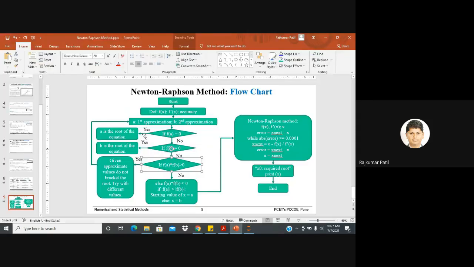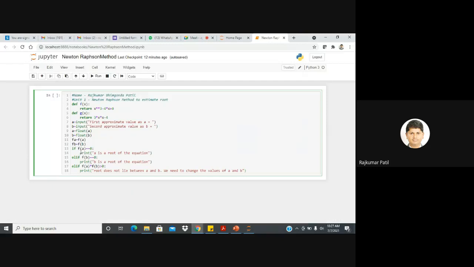That means we completed up to this part. Now the last condition: if f of a is not equal to 0, f of b is not equal to 0, and the product of f of a and f of b is not greater than 0, then the last statement is else. What will be the meaning of else? The product of f of a and f of b is less than 0. So we need not write that condition directly.